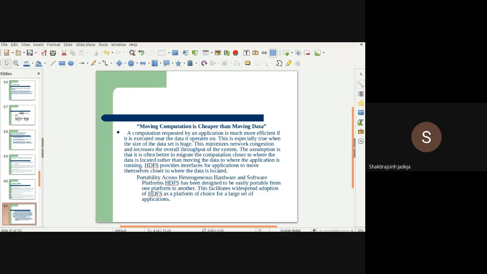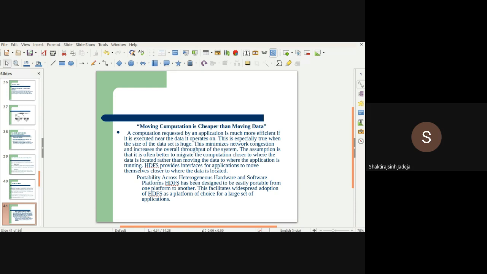Still we can combine all our systems to make a cluster, right? And if I talk about platforms, let's say my system has Windows, your system has Ubuntu, someone else has Fedora, someone else has Windows 10, right?